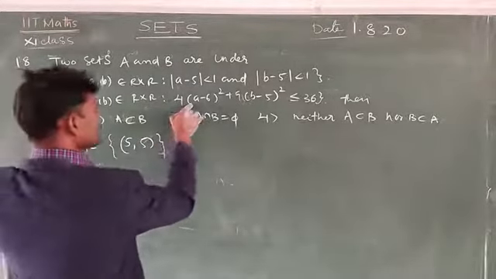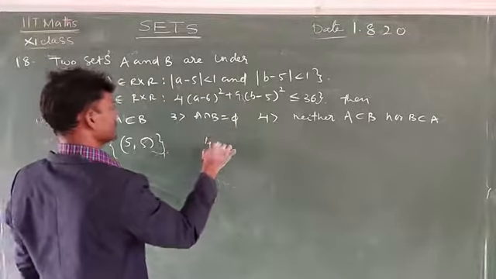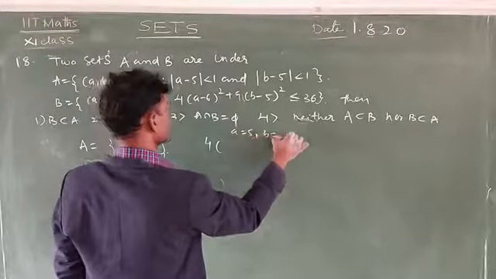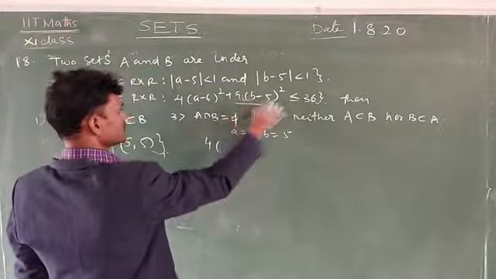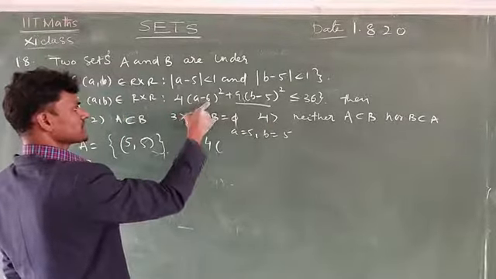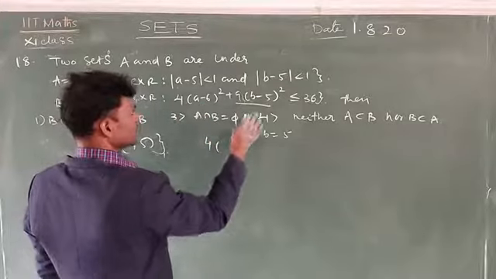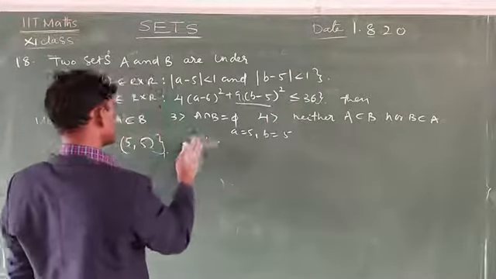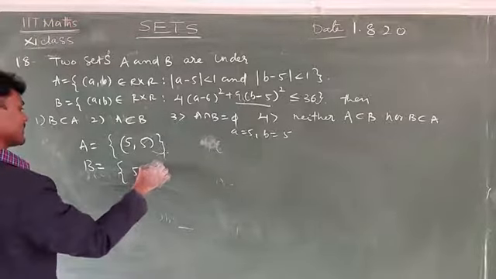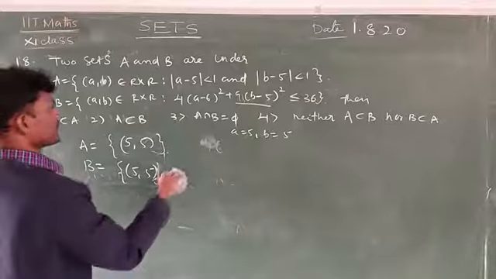Next, set B. Take a equal to 5 and b also 5 in the first case. Then 5 minus 5 is 0 for b. Then 5 minus 6 is minus 1, whole squared is 1, and 4 times 1 is 4. 4 is less than or equal to 36. Then you can write that B contains 5, 5. Next one is 5, 4.